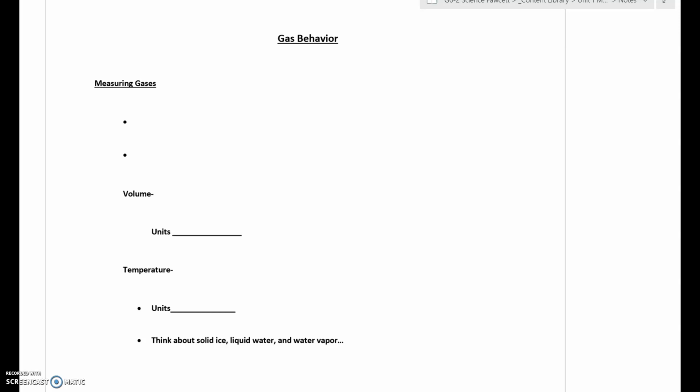When we learned about the states of matter, we looked at some of the properties of the different states, and when we talked about gases, we mentioned a few things about them that will be important to understanding how gases behave. One of the things that we mentioned about gases is that it has an indefinite volume. What that means is that gas is able to change its volume. By spreading molecules out or pushing them closer together, we can make something have a smaller or a larger volume. So gas has an indefinite volume,